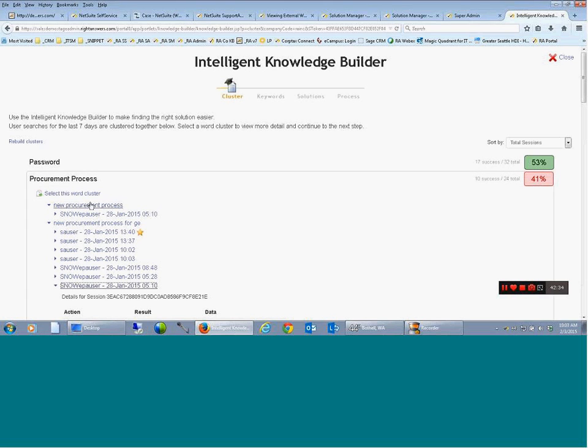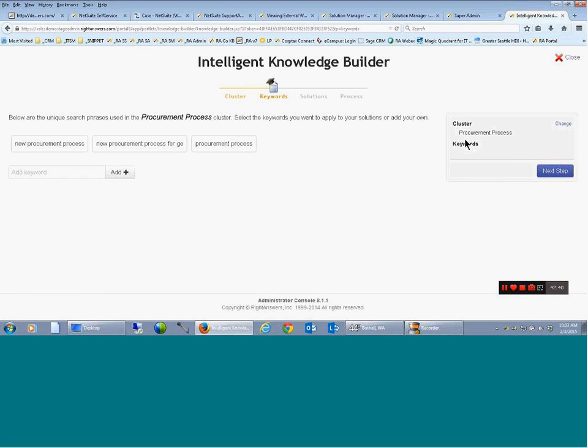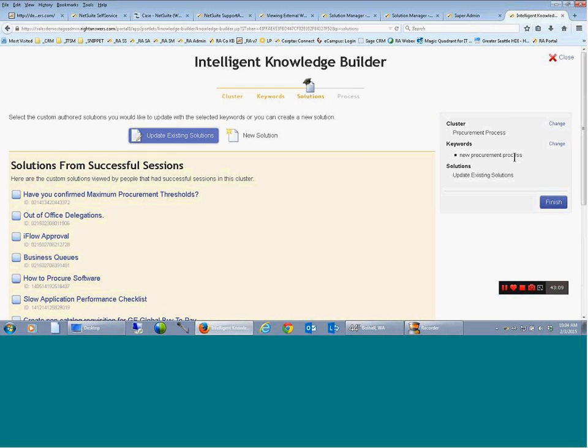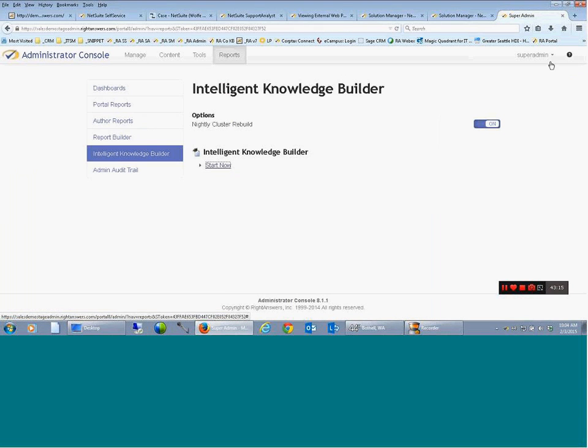Now it's a problem. I'm going to come up to this word cluster, and I'm going to say, hey, they're searching for the procurement process. It's a brand new process, and I saw all the searches from everybody. I really want to help everybody search on this. And if they search procurement process in the future, I want to indicate that it's a new process, and now I added a keyword called new procurement process, so it's going to help everybody find what they're looking for. Once I click on the next button, now it's telling me all solutions that will be impacted by the addition of this keyword. So what I was able to do, and I'm going to close this real quick,